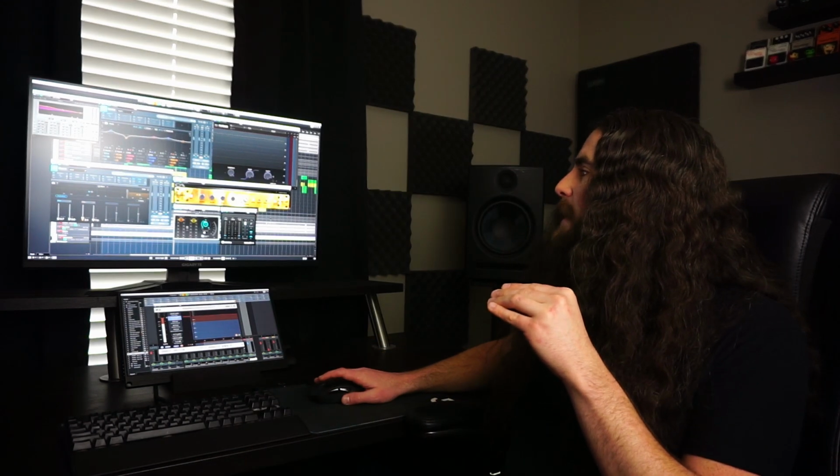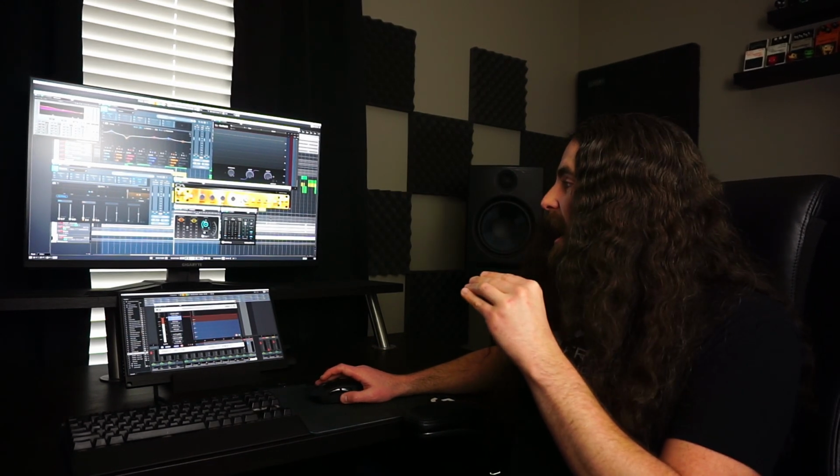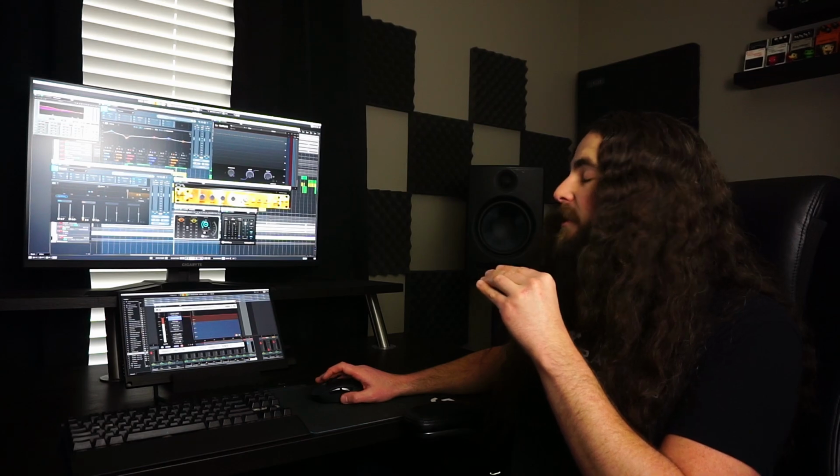So you can basically do all this stuff the same and just adjust your out ceiling here, adjust the threshold on your brick wall limiter, and you can get it up to 0.0. It's pretty much as simple as that. But in my experience, it is also much easier and much more forgiving to make things sound good when you're not